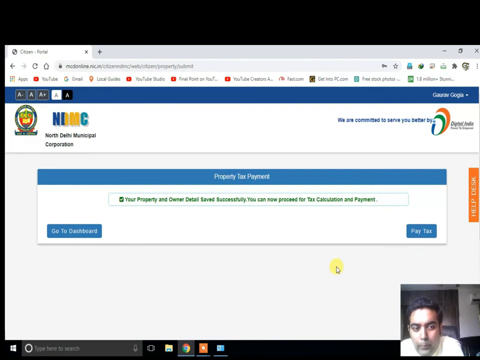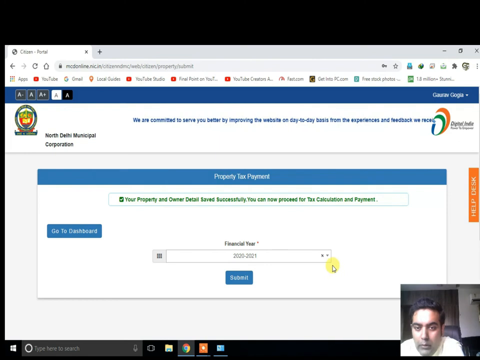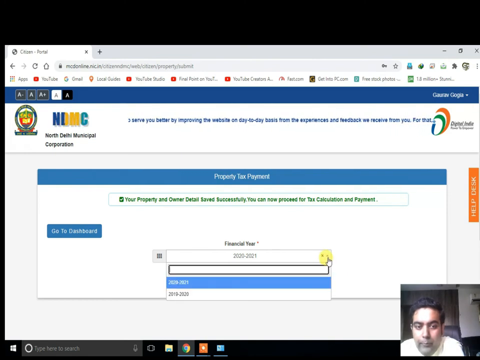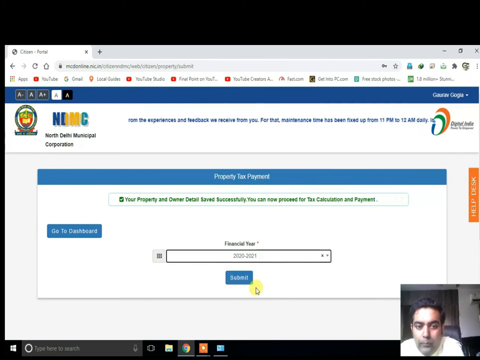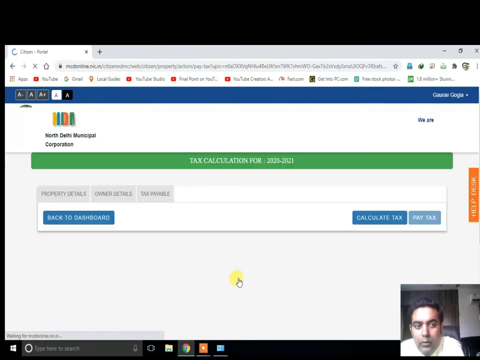It says your property and owner details saved successfully. You can now proceed for tax calculation. So now I will pay tax. I'm filing the property tax return for 2020-21.